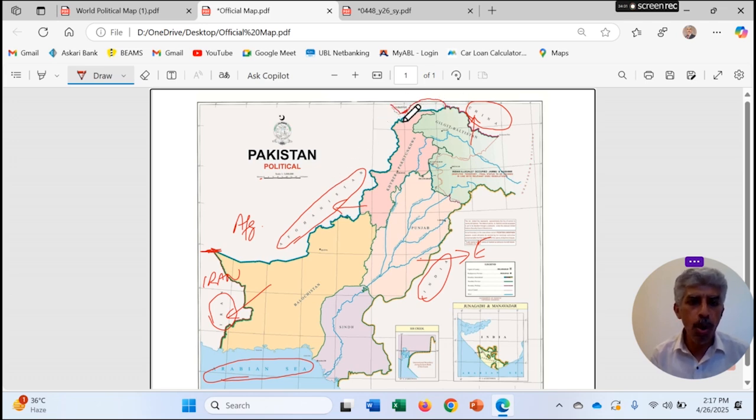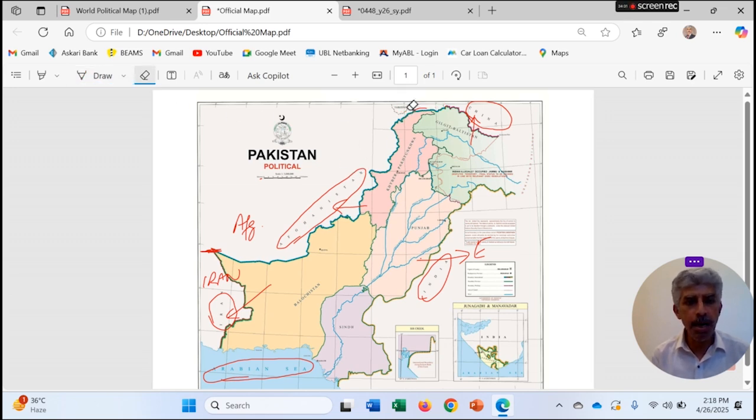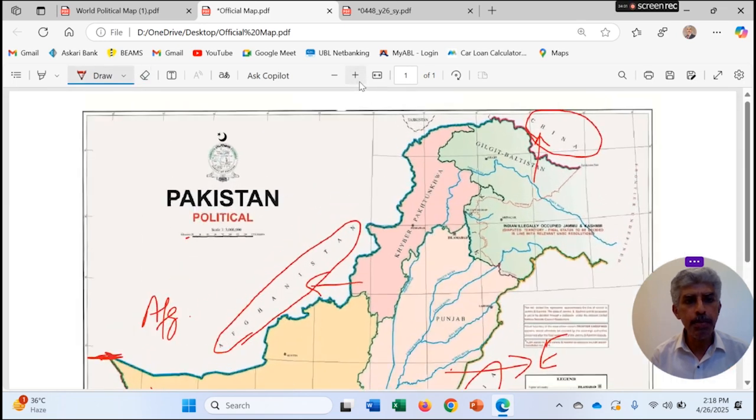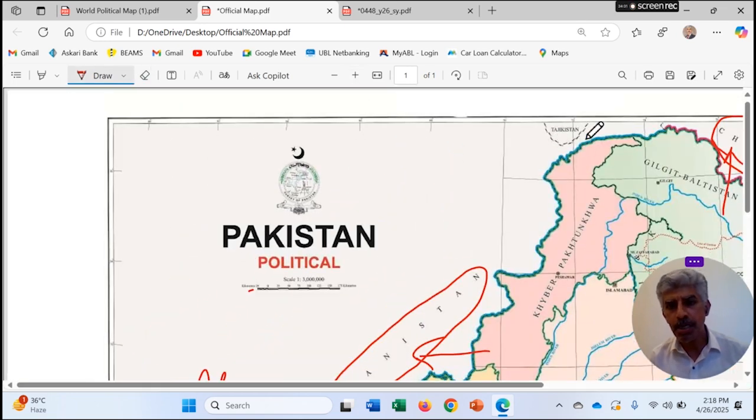and there is a small strip over here. This one I have shaded with red color. This belongs to Afghanistan, and it segregates, or it makes apart Pakistan from Tajikistan. If you just look, and I'm going to zoom it, you can see that Tajikistan is mentioned over here. It means that Tajikistan is just a bit away from Pakistan.